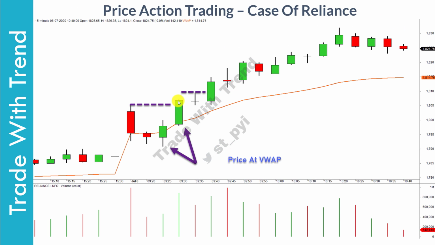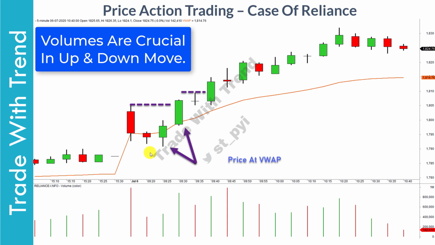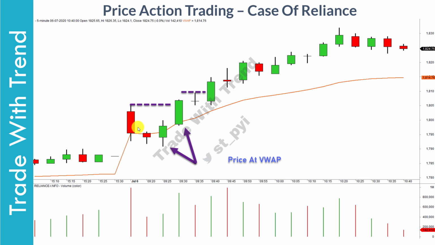Now, when the breakout candle eventually emerged, look at the volume expansion here. And when the breakout was happening, I was clear in my mind that sellers were unable to take price below the VWAP level decisively. This is combined with the fact that look at the candles at VWAP and look at the relative volume activity.